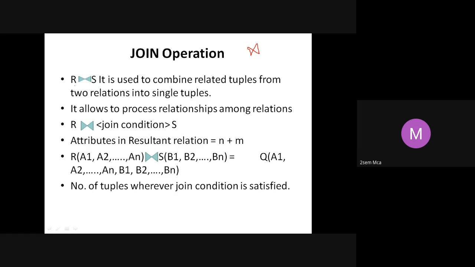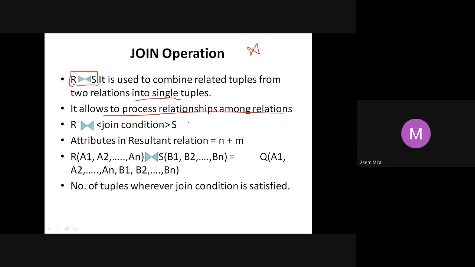So this is what represents the join between the table R and the table S. It is used to combine related tuples from two relations into single tuples. So whenever you have two relations associated with a relationship, that is when you bring in this join operation. It allows us to process relationships among relations.